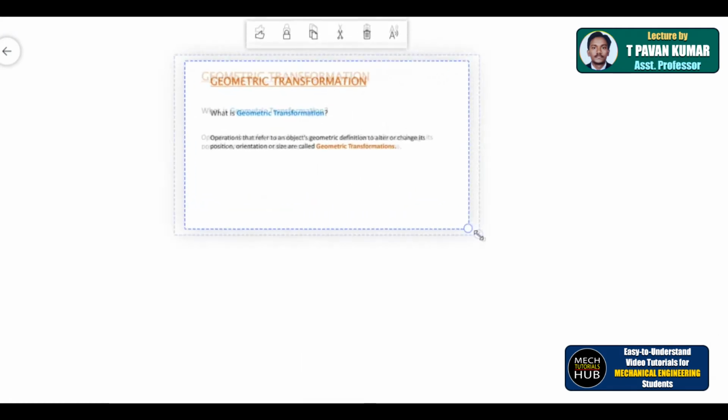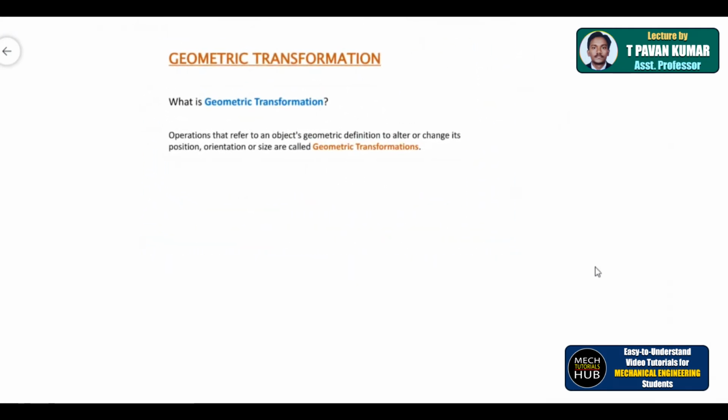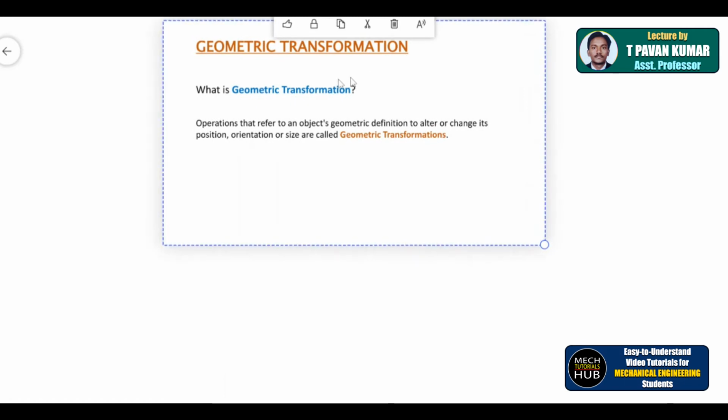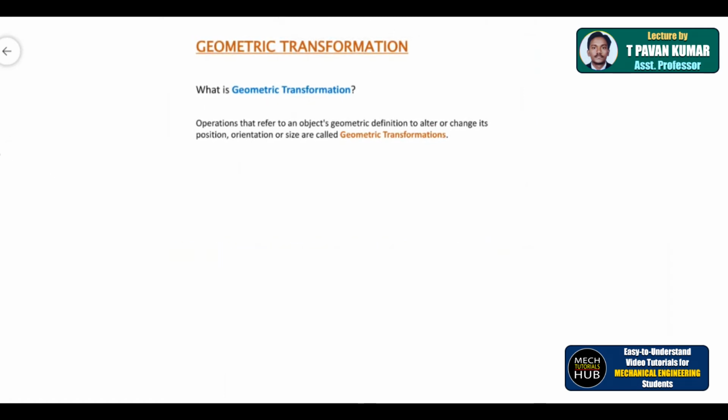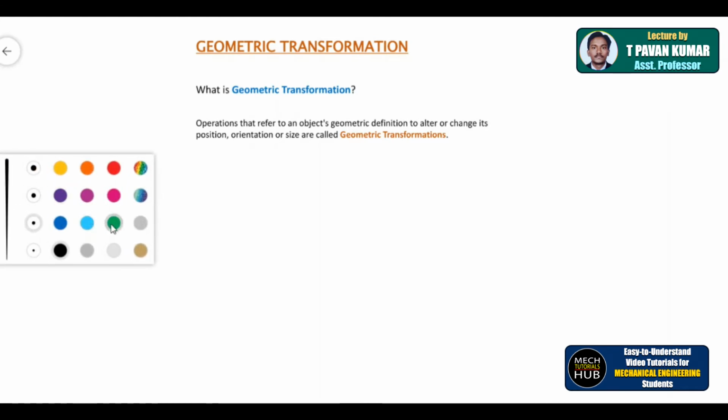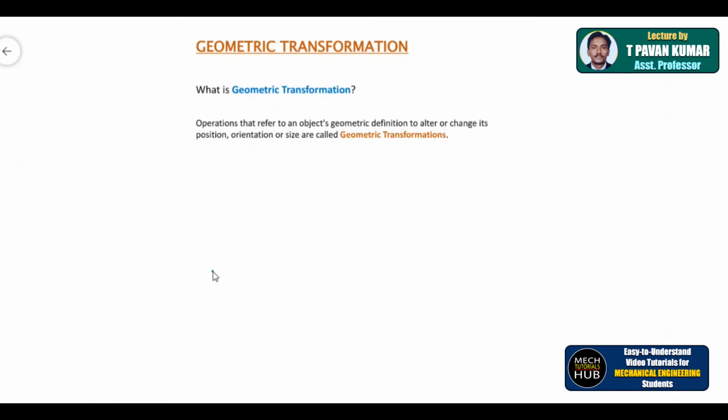Let us see the basic definition. What is geometric transformation? For that, what actually we need to do is understand what a geometry is. That is more important now. That becomes the actual discussion: what actually geometry is all about. Transformation is fine, just now what I have explained to you, but what is a geometry?